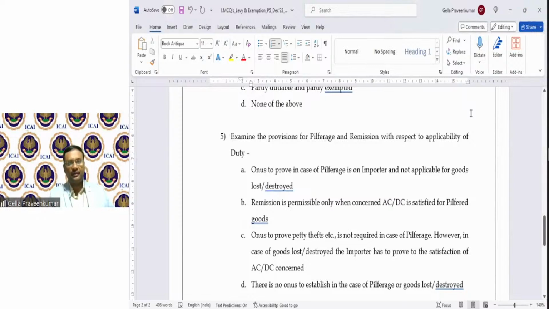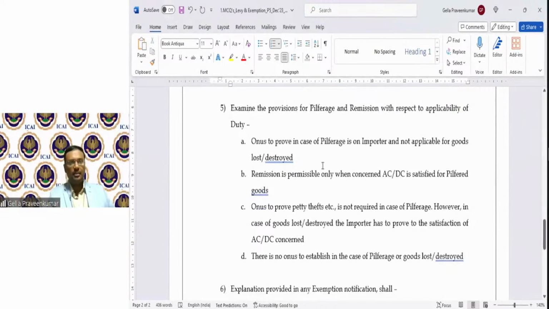Examine the provisions of pilferage and remission with respect to applicability of duty. Point number A. Onus to prove in case of pilferage is on importer and not applicable for goods lost or destroyed.